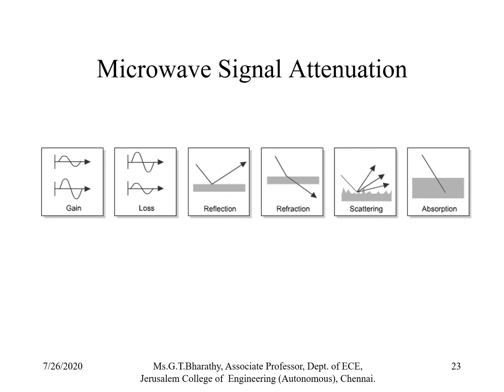Finally we saw the microwave signal attenuation. Attenuation means the signal amplitude is going to reduce, and we saw the four reasons for the signal attenuation, namely the reflection, refraction, scattering and absorption. So from the diagram you can see attenuated signal will have lesser amplitude. There is no change in the frequency, only the amplitude of the signal is going to be lesser due to any one of these mentioned parameters.